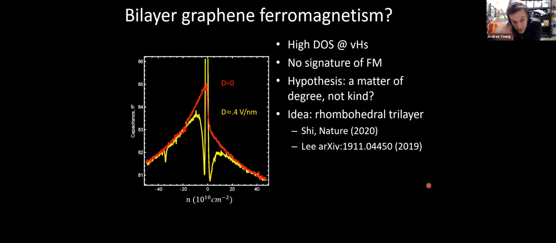This technique goes back to Eisenstein and others in the early 90s applied to 3-5 semiconductors. So just to show you what happens in bilayer graphene, I set this up to say bilayer graphene looks good. Well, we can make these types of measurements, and we can see that as a function of the displacement field D, when you put a large displacement field here, you see a very high penetration field capacitance, and then you see these spikes, and these spikes are precisely those 1/√E van Hove singularities. So that looks good, but there's no signature. We've never found a signature of ferromagnetism in encapsulated Bernal bilayer graphene in this regime.